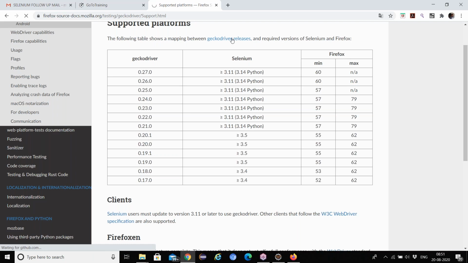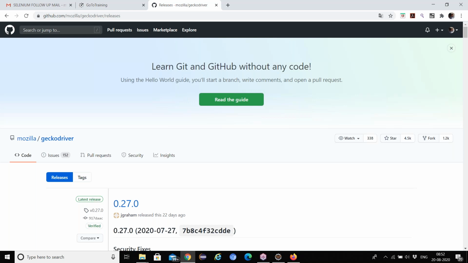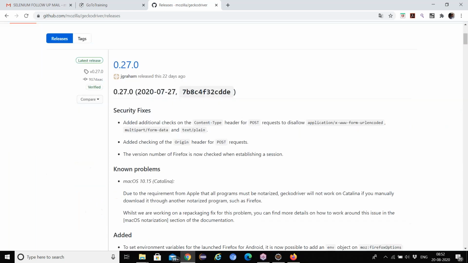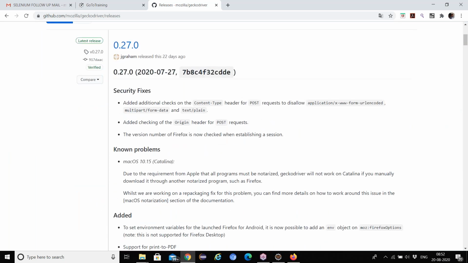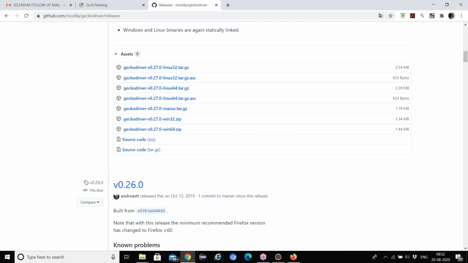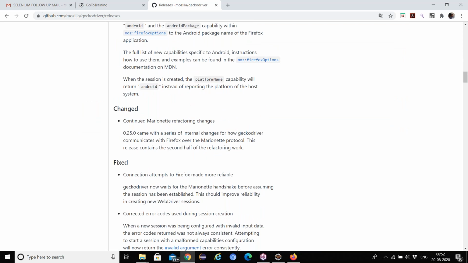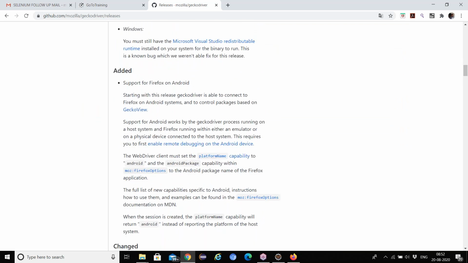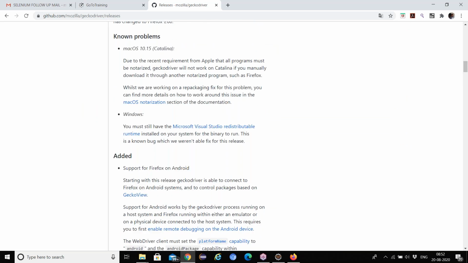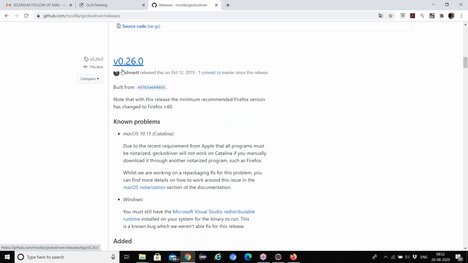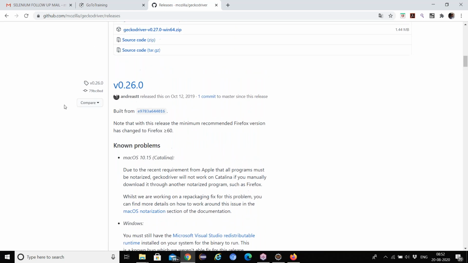Click that one. Come down. Click here, the Gecko driver releases, the highlighted one. Come down, scroll down. See, you are able to see it here. Go up a little bit, version 0.27.